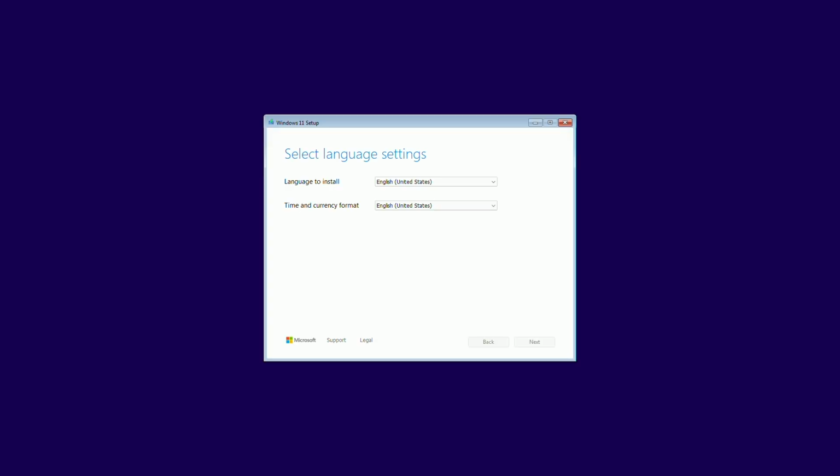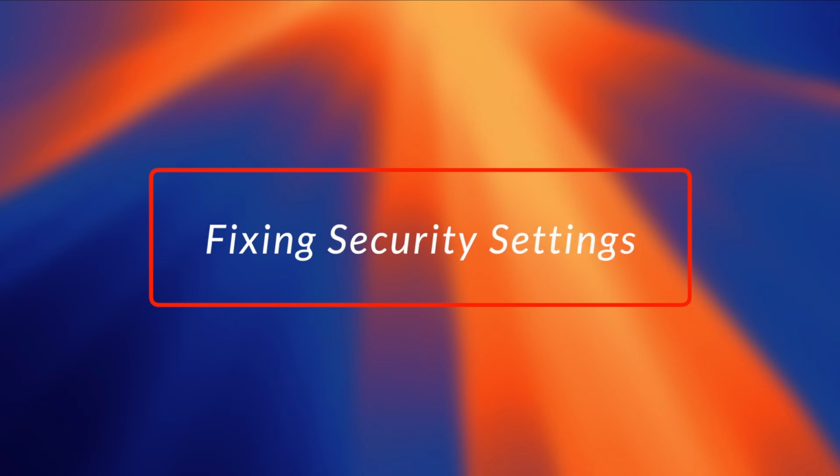Here you can see the Windows 11 installer booted directly, but if you get any security error, to fix this,